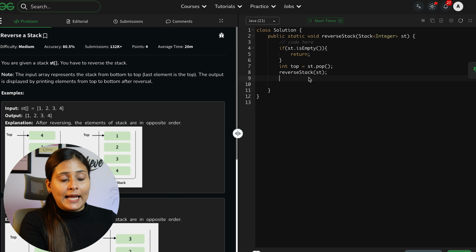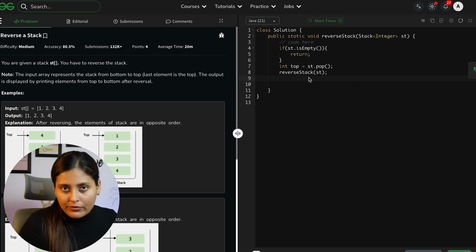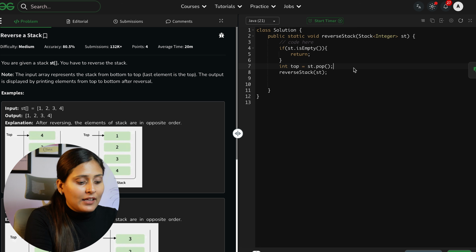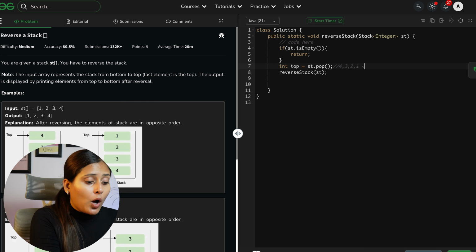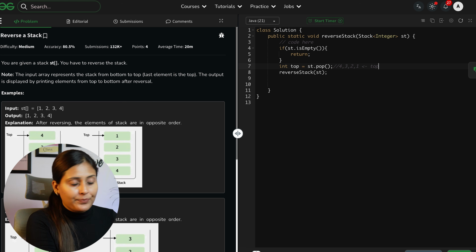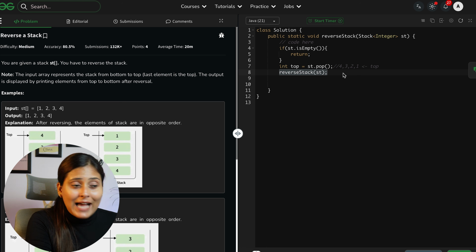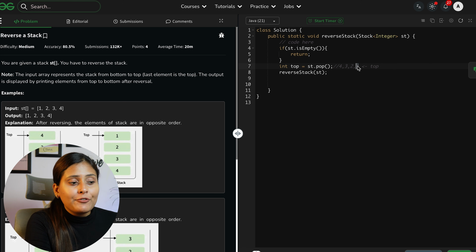But at line number 9, when we reach there, we would have popped everything out from our stack. Our top variable would have become 4, 3, 2 and 1. So the topmost element is 1, and our stack is empty. That's what we want to insert.